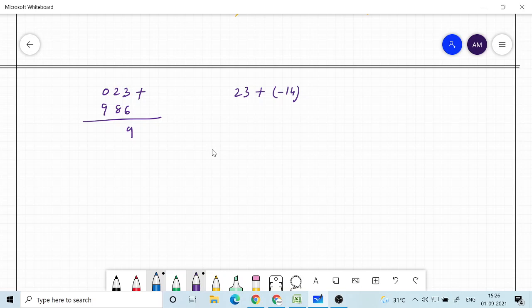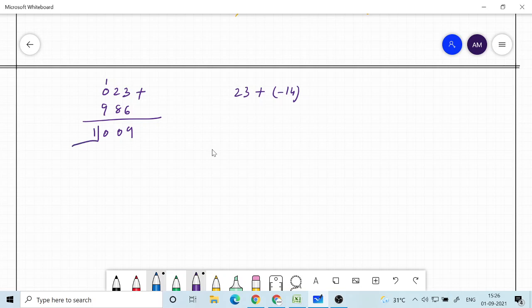Then we have 8 plus 2, that is 10. So we have a carry, so there will be correction involved, and after the correction you will get 0 here. Then 9 plus 1, that is 10. Now this is the tens complement method.